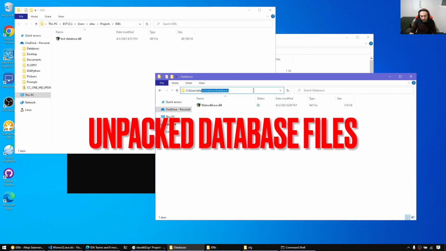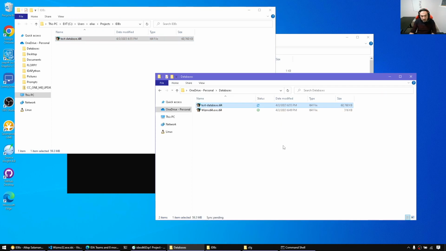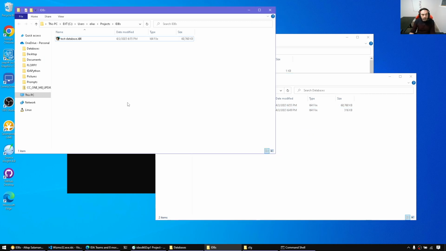So this is my OneDrive location, and I have a large test database, 60 megabytes. This is a non-synchronized folder. Now you would say, okay, let's just copy this database here to OneDrive, for example. And here we can see the synchronization. It's being uploaded. Before I open this database in OneDrive, let me show you why I made this video and